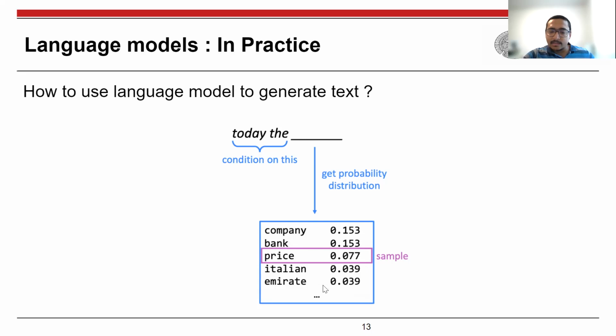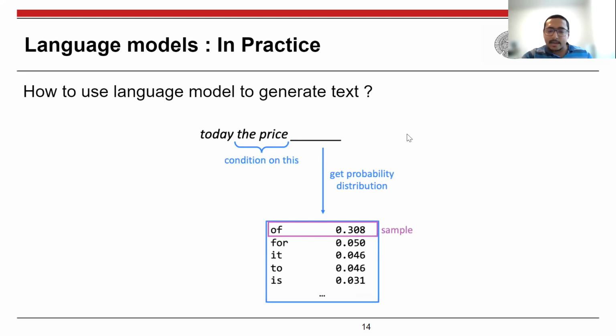That sampling process will respect the probabilities that you have already computed. Based on this, you can just pick a word and then place that word here. So if you have sampled "price" here, even if it has low probability, this word can still be sampled, because you are doing a stochastic process. So then it will be "today the price". And then you can use "today the price" as your primer, as your sequence, and use that to predict the next word.